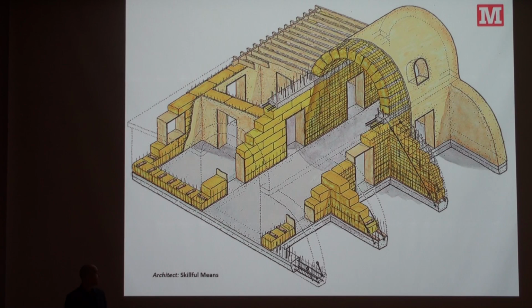The architect is Skillful Means, their design build group, and they came to me because they wanted to figure out how to make this vaulted roof in a great room. And they originally only budgeted a vaulted roof made out of stucco, wire mesh, and straw. And they had another design that had a backup internal structure, and they couldn't afford to build that. So the first thing I did was said,